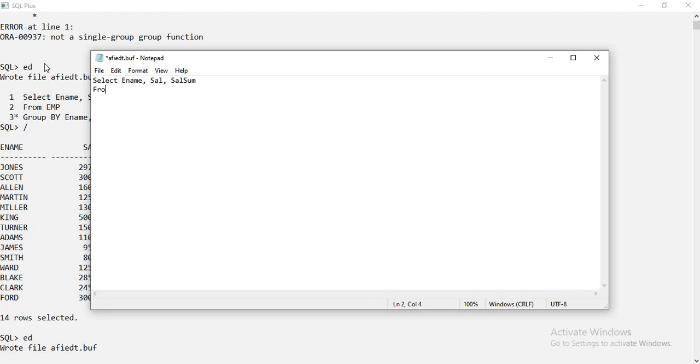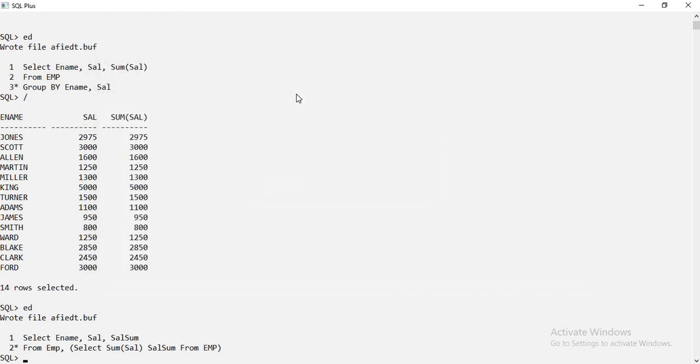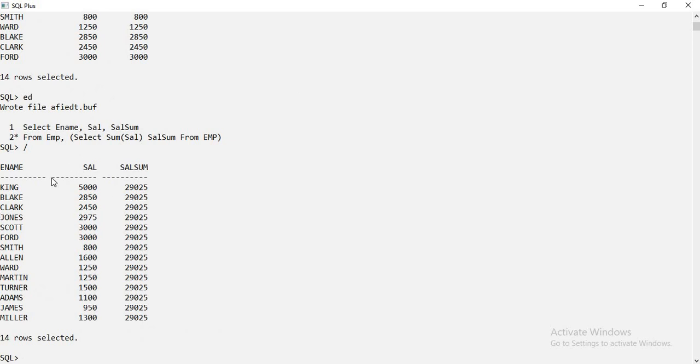From EMP, comma, now here I am starting my inline view: select sum of sal from EMP. This is our standard subquery. I forgot one thing, which is sal_sum, the alias that I used here. Now I execute this, and see, I'm getting all the total investment in this column.